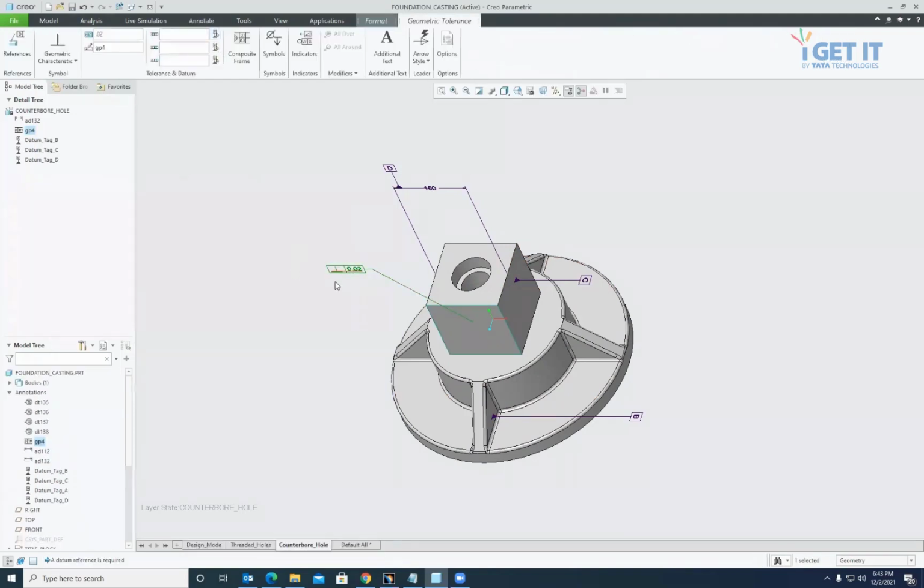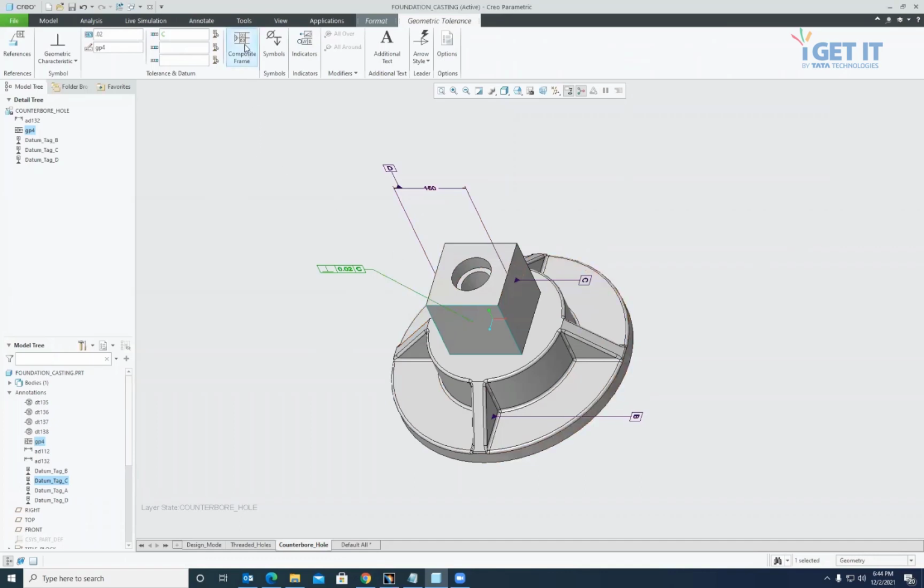and the reference for this perpendicularity tolerance value is the C datum. And since the datum is picked from here, that is a semantic datum, which highlights in green color. Now, since this surface is perpendicular with this B datum as well, it should have tolerance with that one as well.